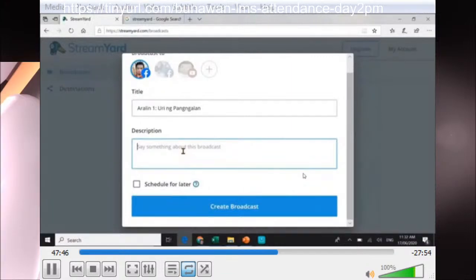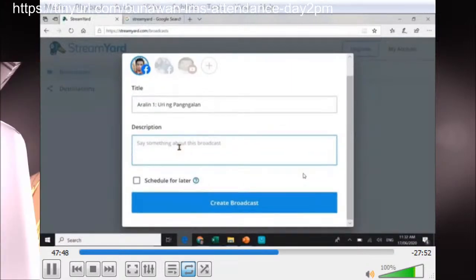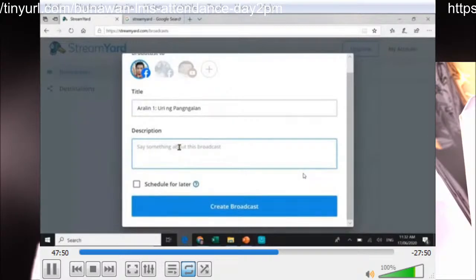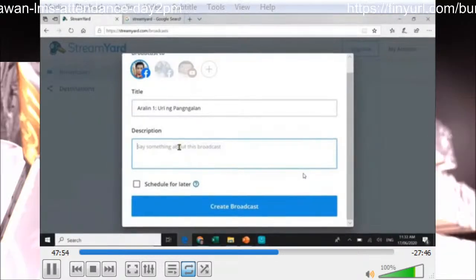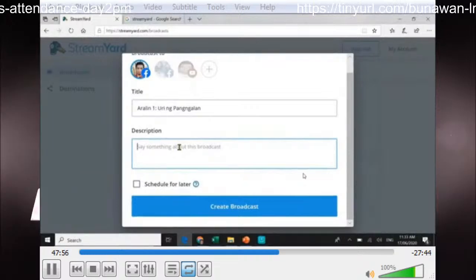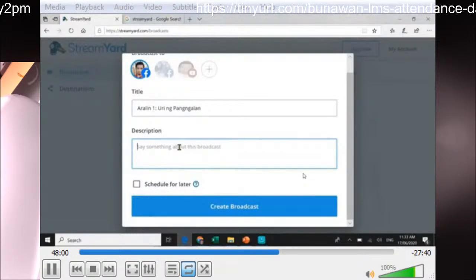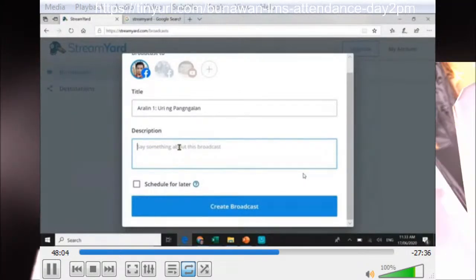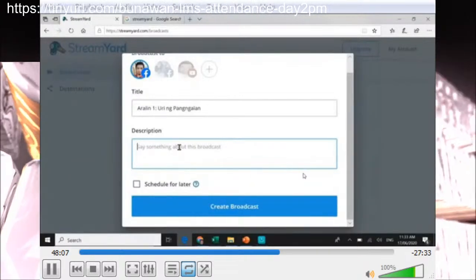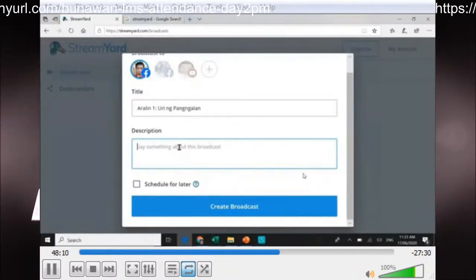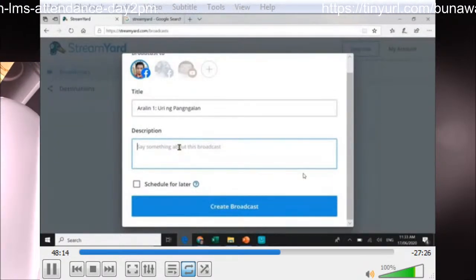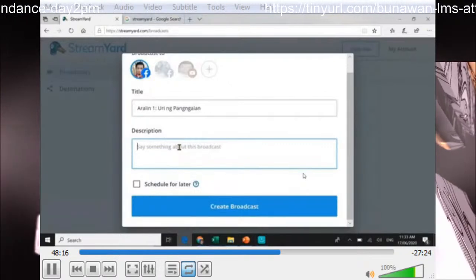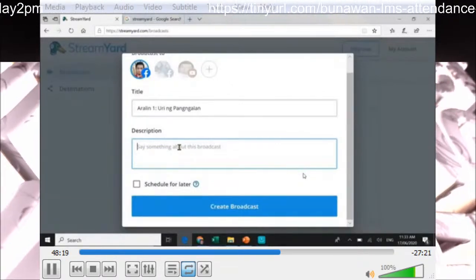Now, let's give a short description. Sir Mike, anong description nito? Di yung iyong mga layunin. So again, aligned with your most essential learning competencies, what are the objectives for this? So, pasensya na po kung ako po ay mag-create for the sake of this hands-on, I'll create my own objective. But ang aking pong binabanggit, we need to make sure that everything that we post is aligned with our MELT. Okay? So, dahil ito ay aking presentation, gagamit po ako ng methodology na in general.